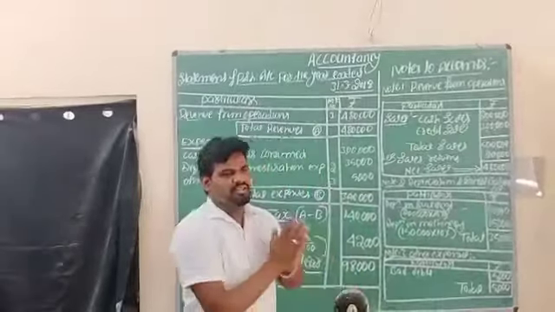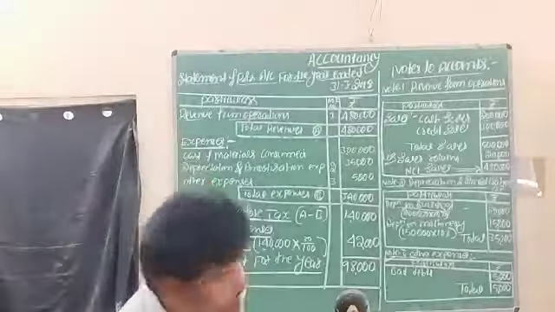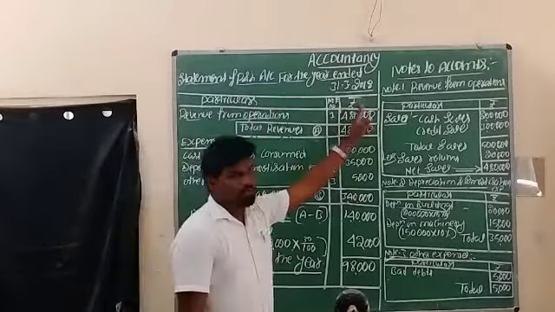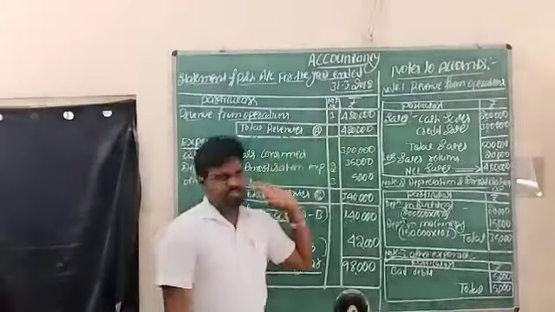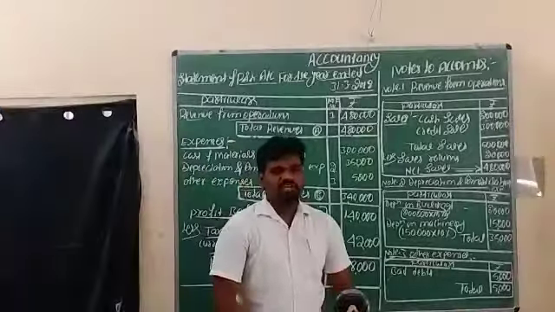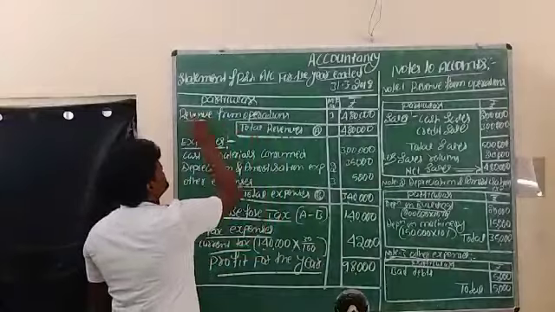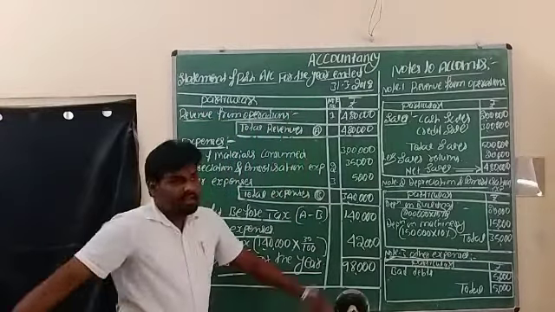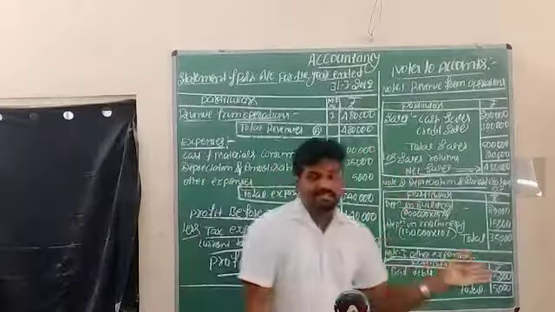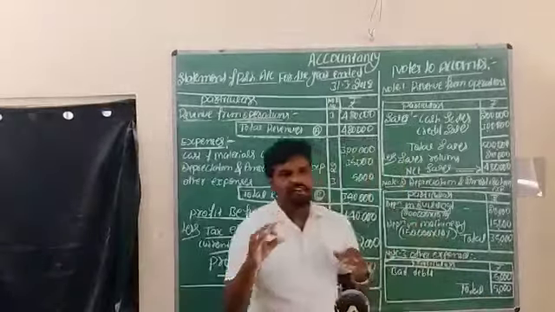Now we will start the preparation of the profit and loss account. The format has particulars, note number and amount columns. To find the profit for the year, we first take some steps. The first one is revenue from operations. In this question it is not given directly; they have given cash sales, credit sales and sales returns, so for this we need to take one note.